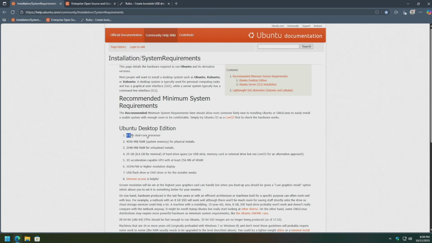So you're going to want a 2 GHz dual-core processor, 4 GB of RAM. It also has the breakdown that there is the physical installs, such as actually installing it on a desktop or a laptop, and then there's the virtualized installs. But anyhow, so physical is 4 gigs, a virtual machine is 2 gigs of RAM, 25 gig hard drive, it says 8.6 gigabytes for minimal, a GPU that has 256 megs of RAM or more, a 1024 by 768 resolution